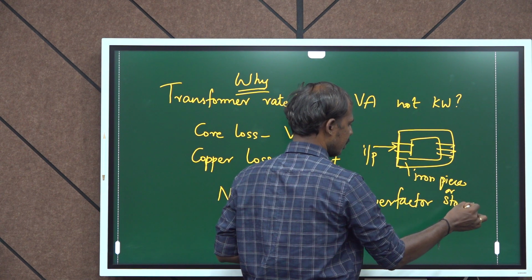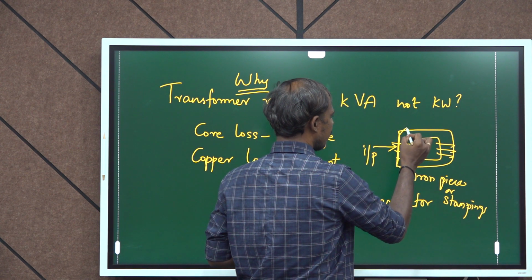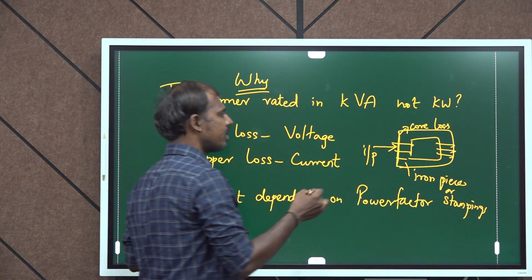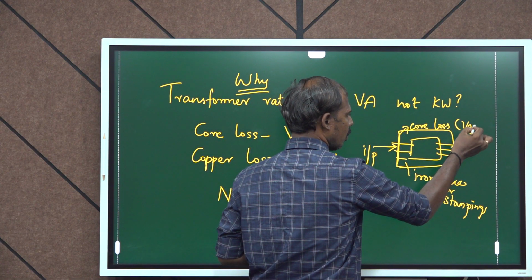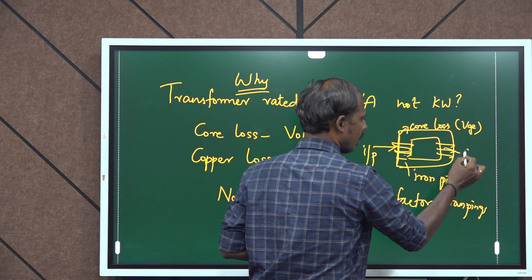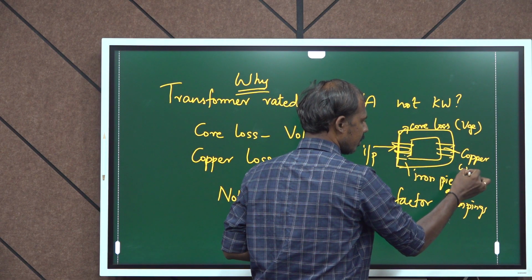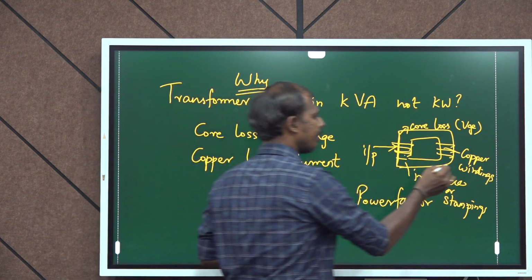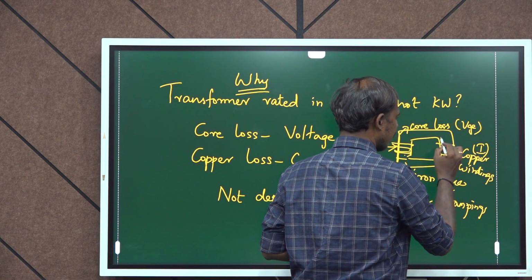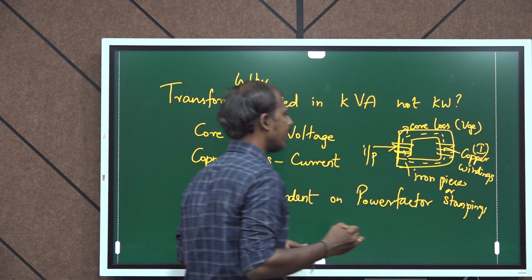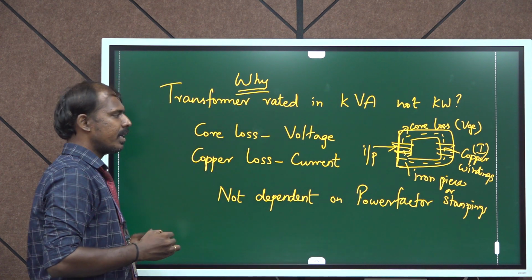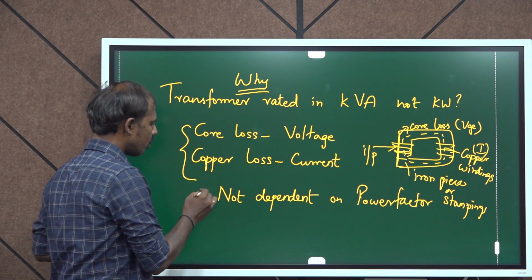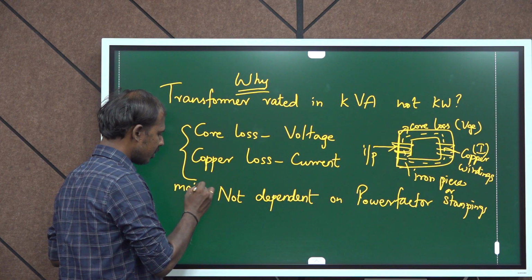Now this core is responsible for core loss because of the flow of current. Core loss depends on the input voltage. Whereas all these copper windings also generate heat when current flows through them, so they depend on current, because of the flow of flux inside. Okay. So core loss depends on voltage, and copper loss depends on current. But these two are the major responsible factors,